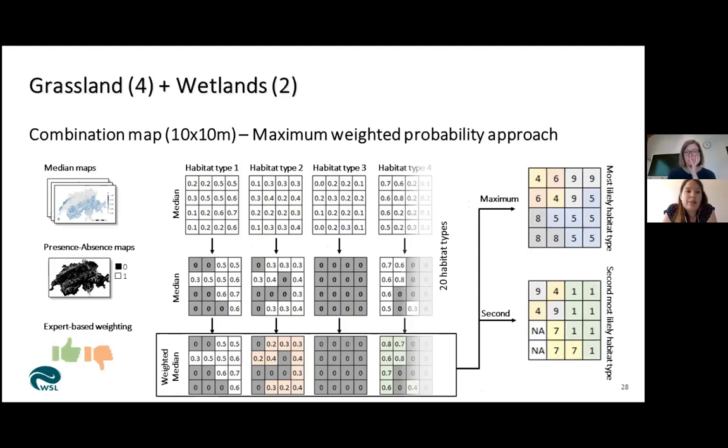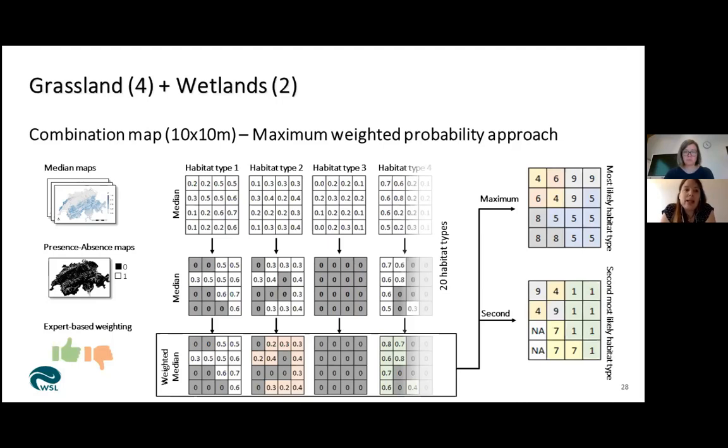So if the presence-absence maps indicate an absence, the respective habitat type could not be selected to occur as most likely in the respective grid cell of the combination map. And then in addition, we included an expert-based weighting. So if necessary, the median of an individual habitat type could be weighted. This allows to increase the area of underrepresented habitat types and decrease the area in the combination map of overrepresented